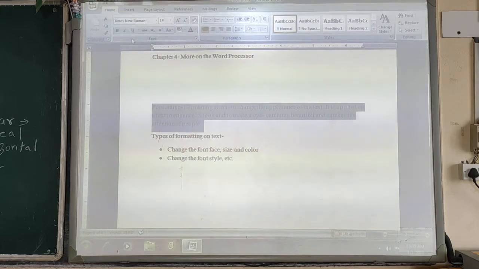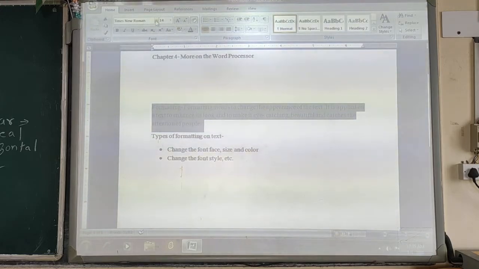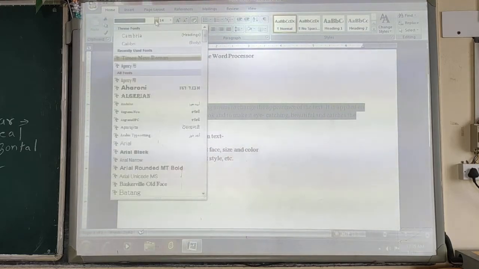Within the font group, the first drop down menu is used to change the font face. What is the use of this particular box? It holds a list of various font styles.